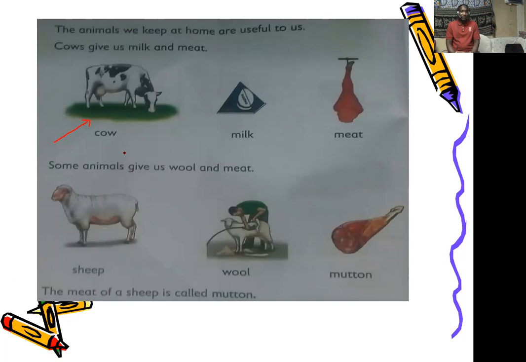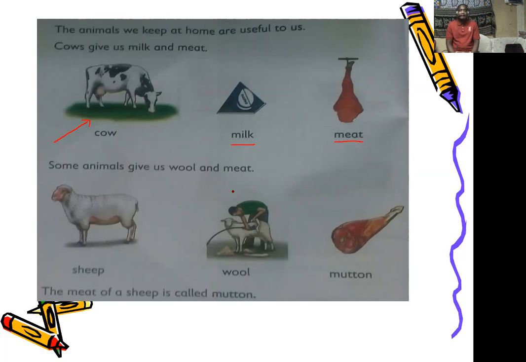You have to give your animals food, that's grass, animal feed, and you give it water. If you look ahead, we have two products which we get from a cow. One, milk. Two, meat. So a cow is very useful because it gives us milk